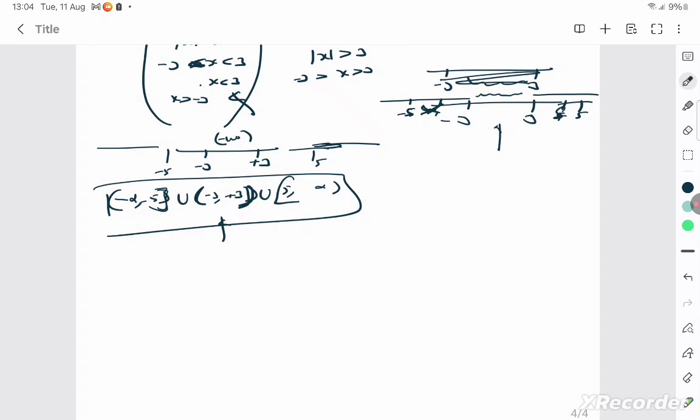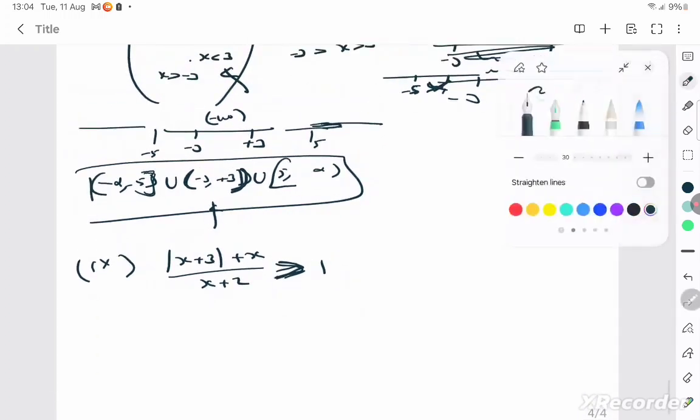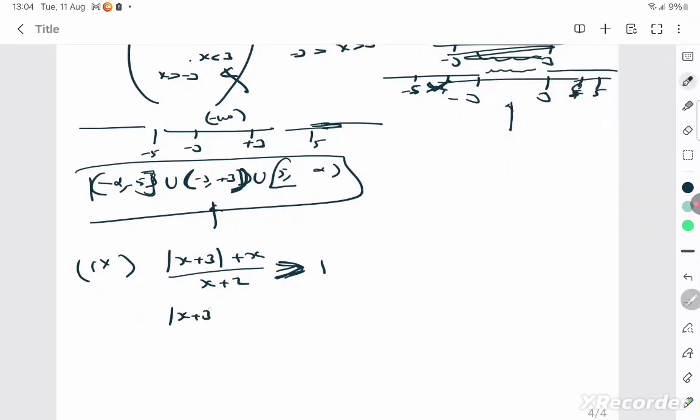The ninth sum is: mod of x plus 3 plus x by x plus 2 is greater than 1. Greater than 1, not equal to 1. Okay, so that's the question. So we now do this sum. And in the sum, we can take the 1 to the other side. Mod of x plus 3 plus